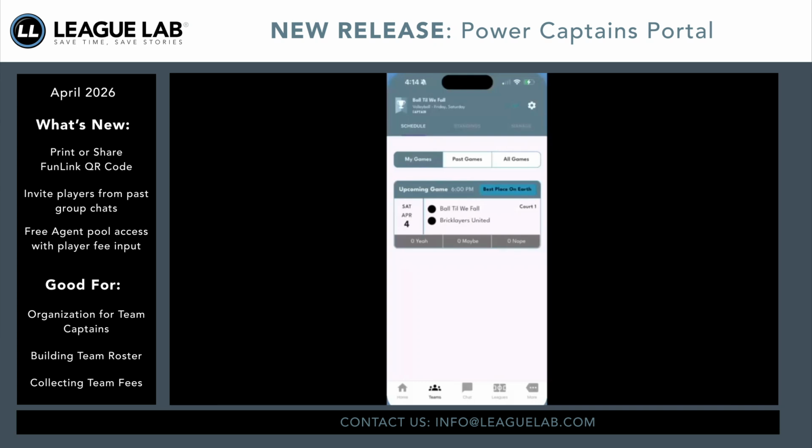We are excited to announce a new release of the mobile app. With this release, captains will be able to manage their team, request funds via TeamPayer, as well as chat with free agents. To get to the Manage Team area for a captain, you'll see here on the bottom we have